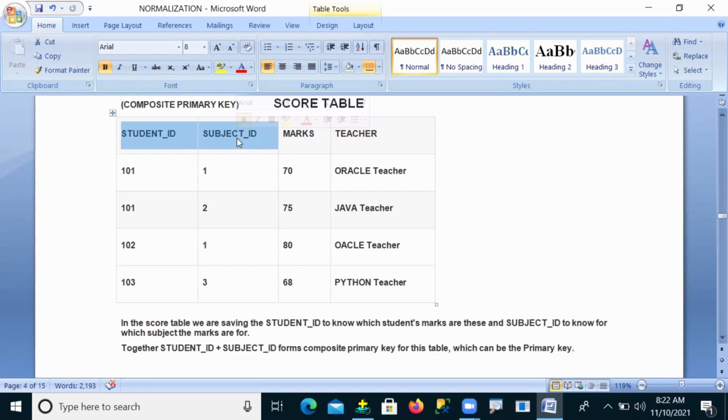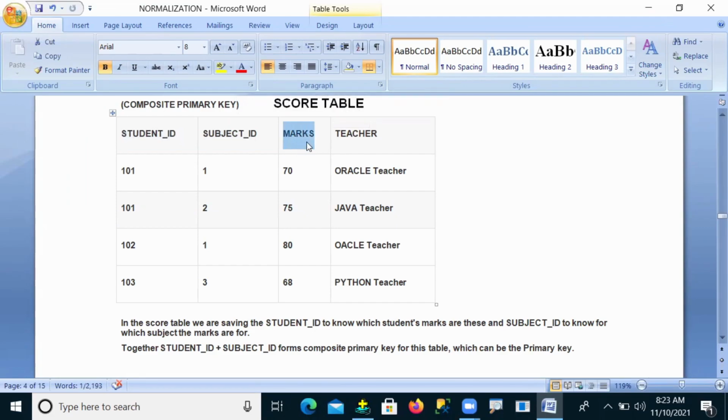That means, can I say the marks column is a fully dependent column or a partially dependent column? Yes, a fully dependent column.